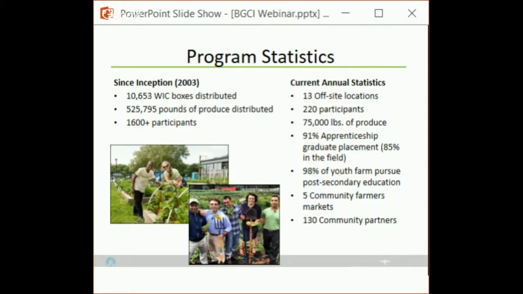The same is true for our produce distribution. Some of it we distribute to communities through U-Pick days, but we also sell to local restaurants. The WIC program pays us for distributing the produce boxes, and we have a partnership with Midwest Foods, who is a local food distributor. And so I can't emphasize enough how important collaborations are to making programs like this work,